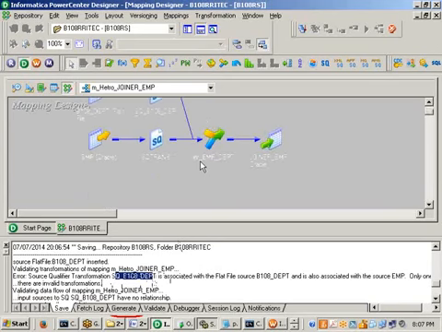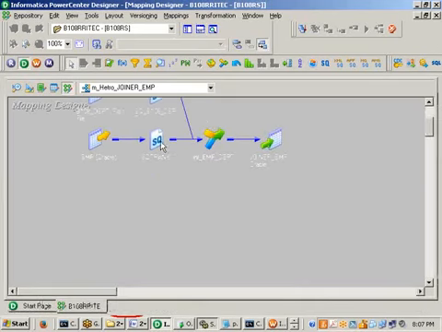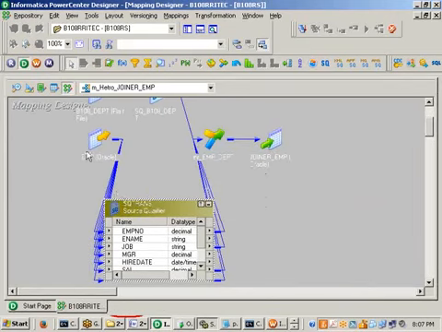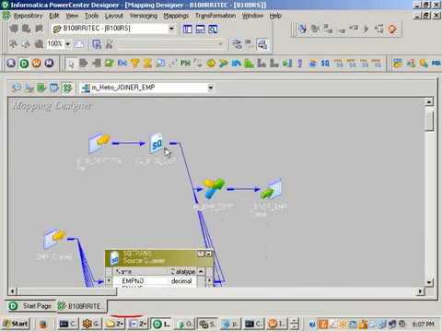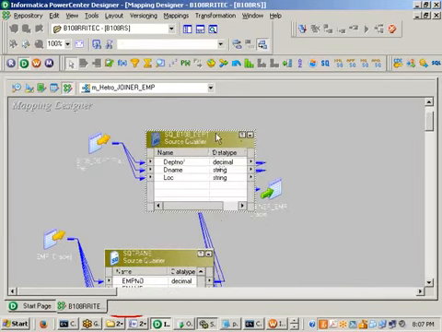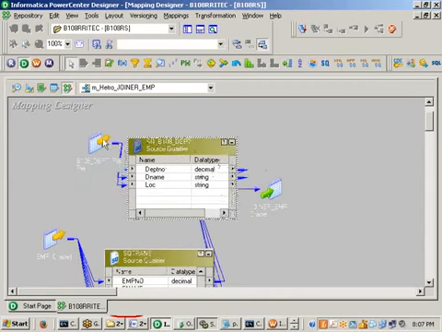Okay, some references are still available. Why is this problem? This is the EMP table, that's fine. This is the table, this is fine. But